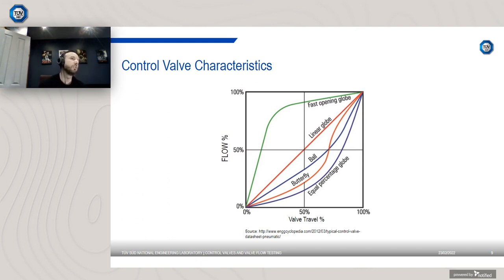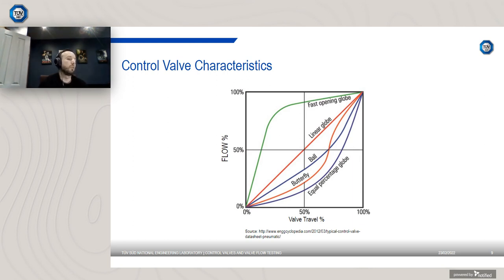Now, depending on the design of the valve, it will have a different opening characteristic. So what do I mean by this? Well, you might have an application where you require quite a fast response. So as soon as you open the valve, you get quite a large increase in flow capacity. So in that case, you might decide to go for a fast opening type of valve, such as a globe